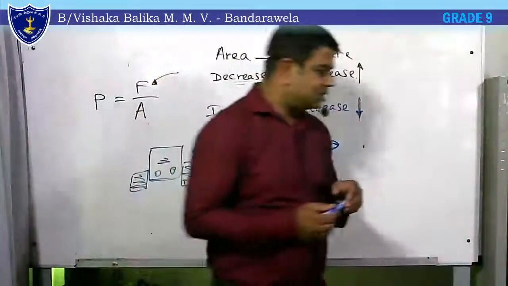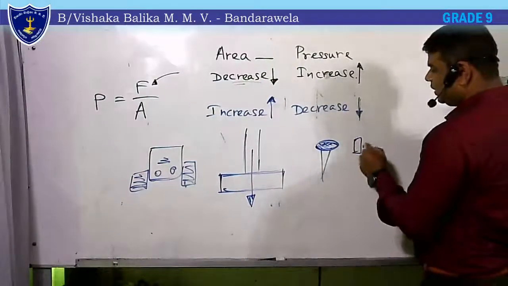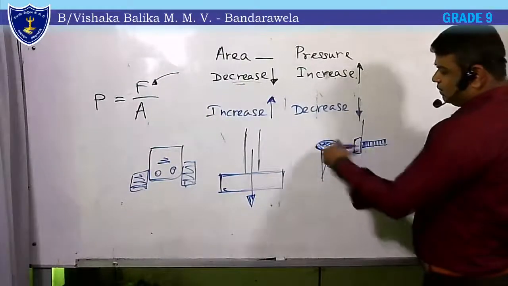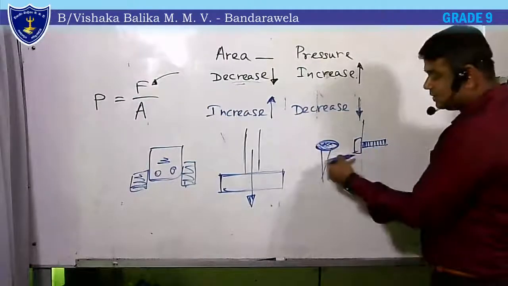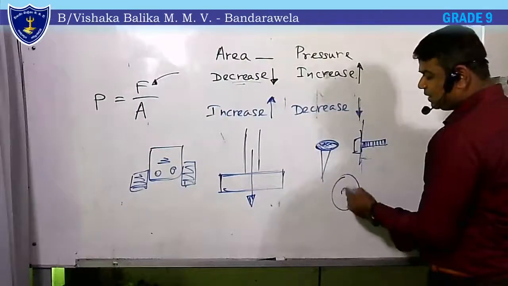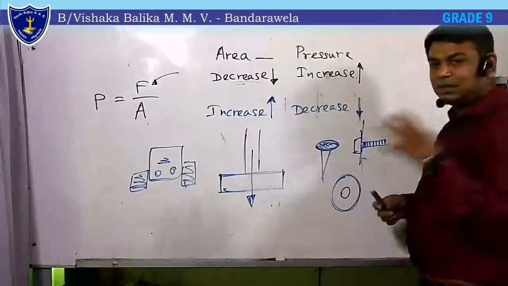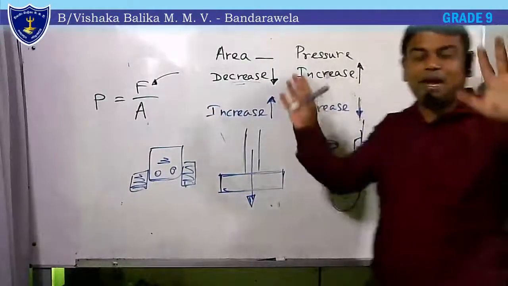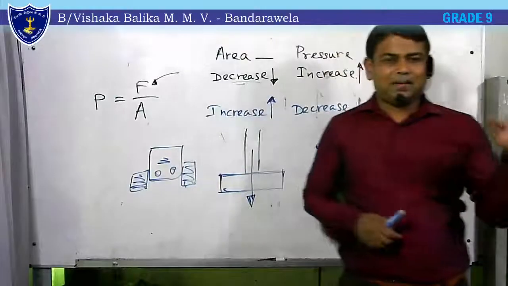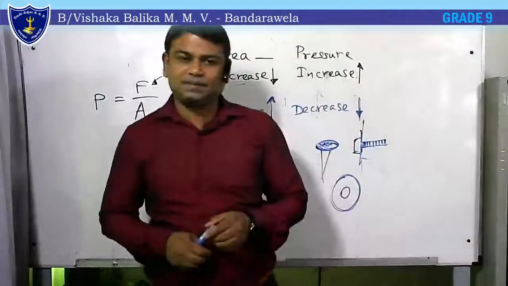And do you know something called washers? Washers are used with the nails. When a nail is fixed into something, especially a screw nail, when fixing it to a surface, sometimes when we tighten it up, it can sink into the surface. To prevent that, we use a washer. A washer is something like this, a metallic one, which has a wide area. When we fix a washer, then the force is distributed and the pressure exerted will be decreased. A number of applications where we increase the area to decrease the pressure.